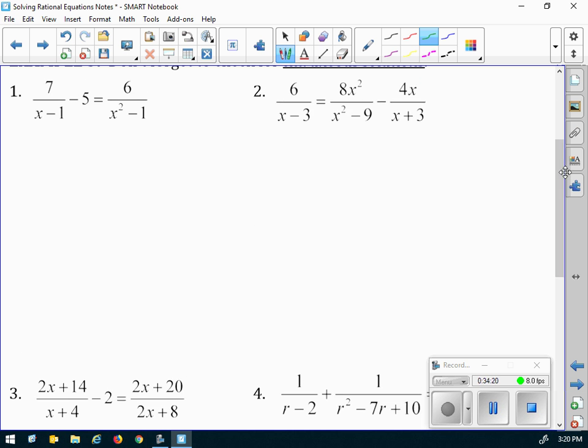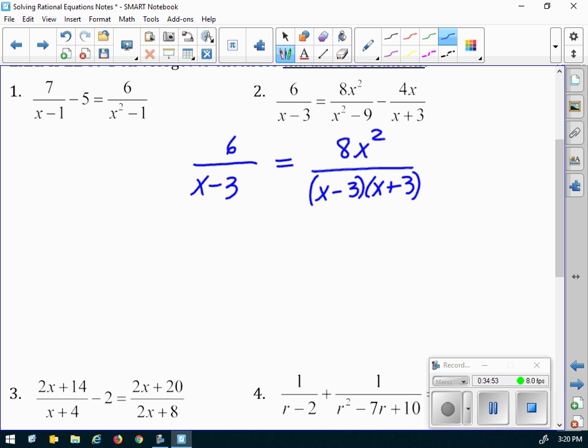Number 2. Okay, let's look at number 2. This is probably going to be the last one that we do. But numbers 3 and 4 are like these, so you should be all right, I hope. Now, 6 over x minus 3 equals 8x squared over what? Minus